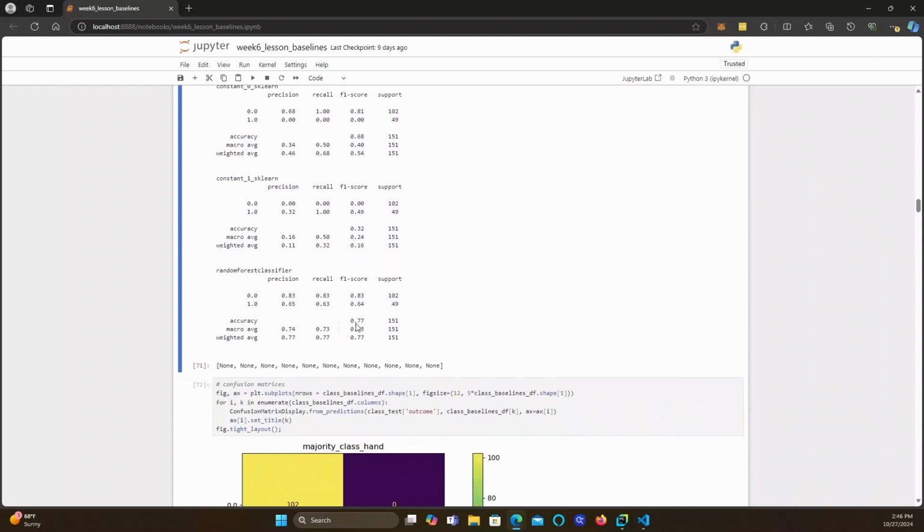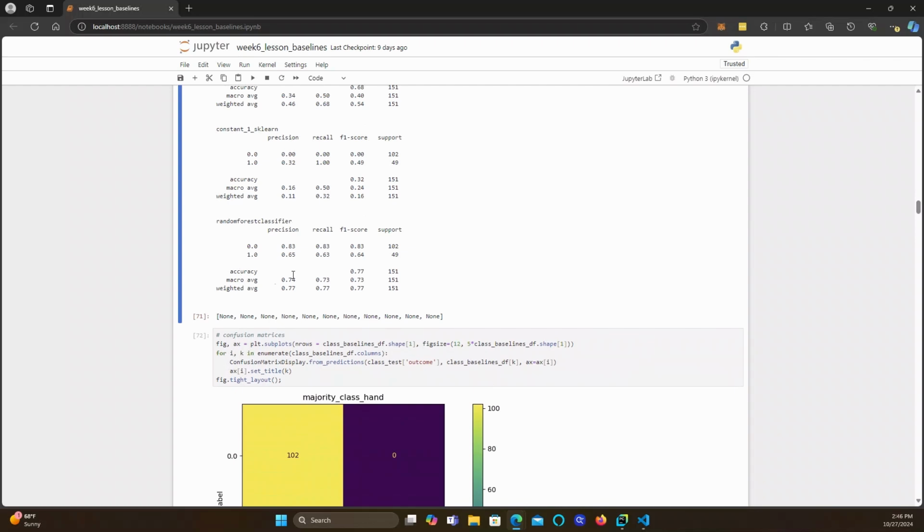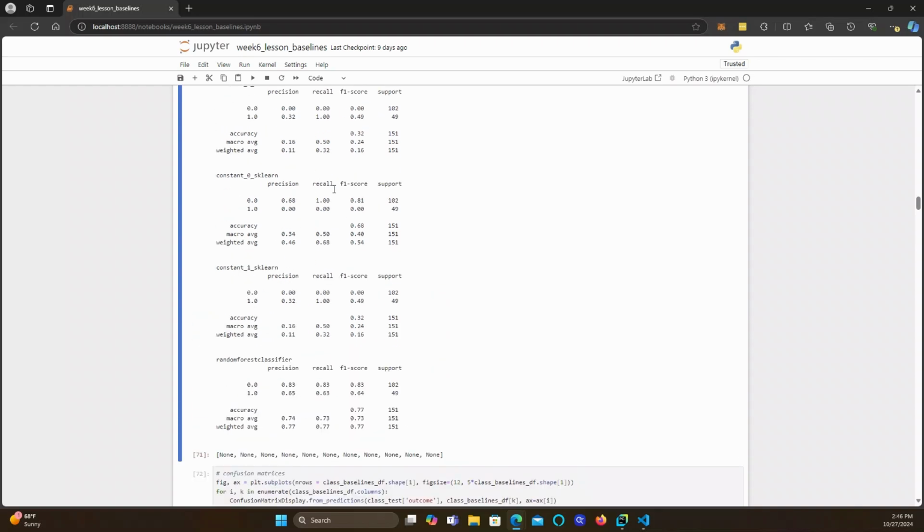And then the random forest classifier, which we're hoping does much better than any of the baselines, has 77% accuracy, which is already a lot better than our best baseline, which was 68%. And then here at recall, for zeros, we've got 83% and 63%. And these are much better recall numbers than any of our baselines was able to give us. So we've definitely improved on the models by using a random forest classifier instead of any of our baselines. But we wouldn't know that we had improved anything by using a random forest classifier unless we had looked at